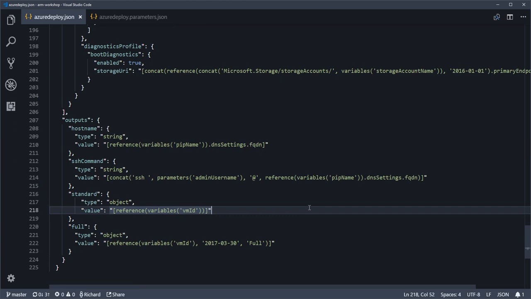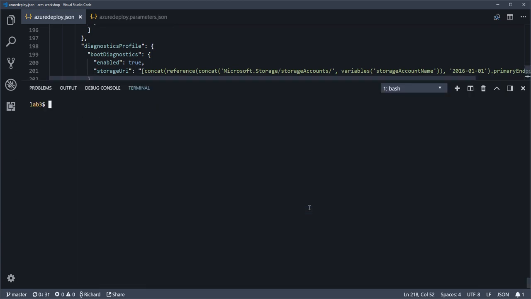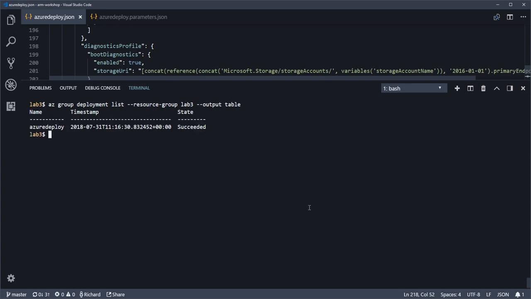So let me just rework my screen and bring up the terminal. If I do az group deployment list and have a look at the Lab 3 resource group, I'll do that as table output. Then that should show that we have got one deployment job fairly recently run, and it was called azuredeploy because I didn't specify a name for the template, so just the base name for the template. If we then do az group deployment show,